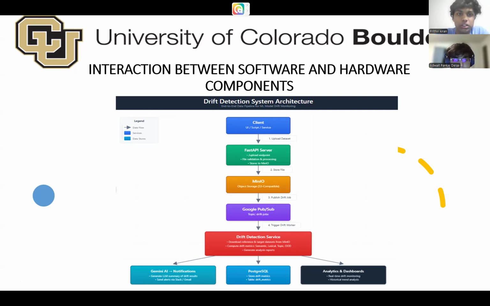Here we are using CSVs, and in our implementation, our baseline dataset is based on Stack Overflow queries, and our drift datasets are synthetically generated with various ratios of drift in semantic relationships, lexical relationships and so on. So the Google PubSub is a